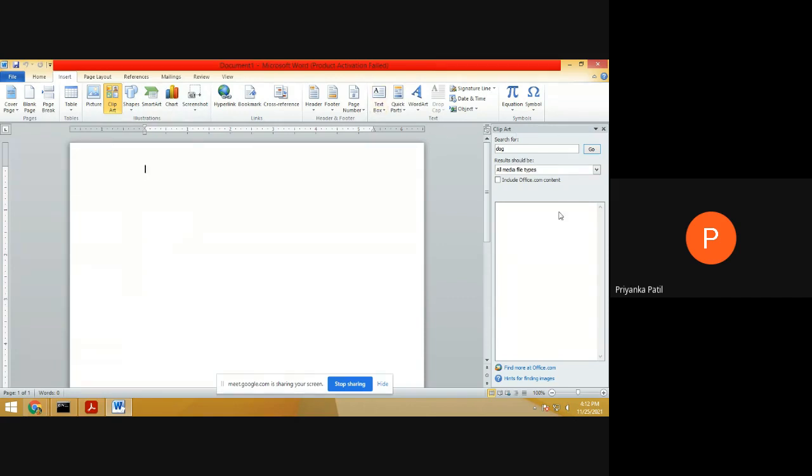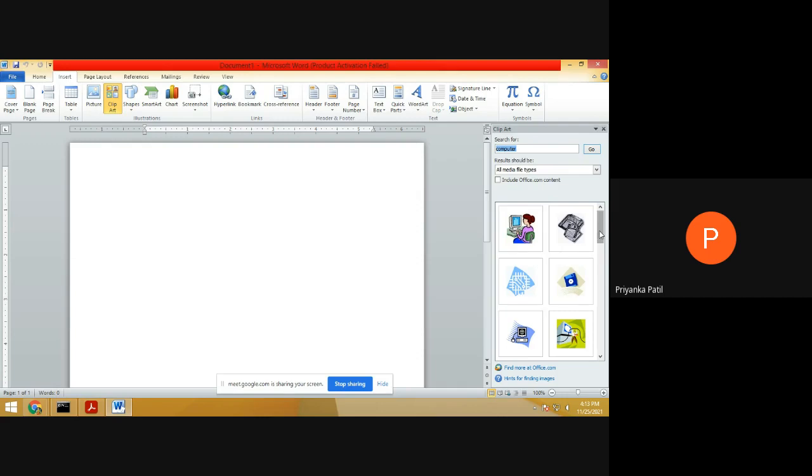So here is the layout of the clip art. Here is the option. We can search for a particular word. If you want to search for computer, then we can type the spelling of computer in the search box and click on go.